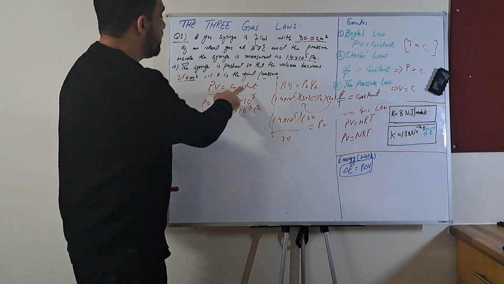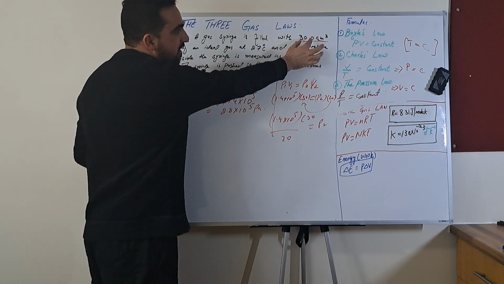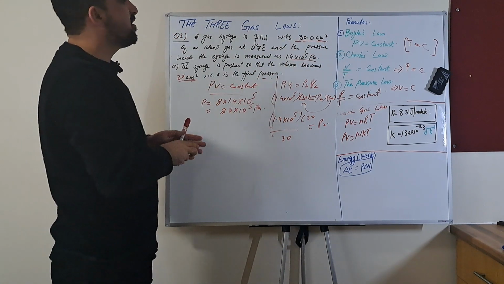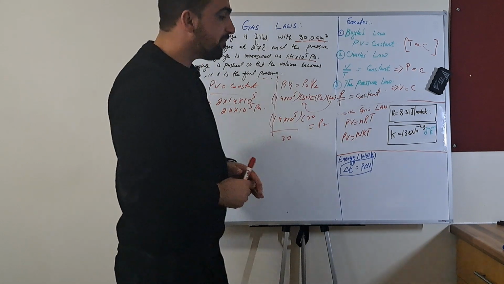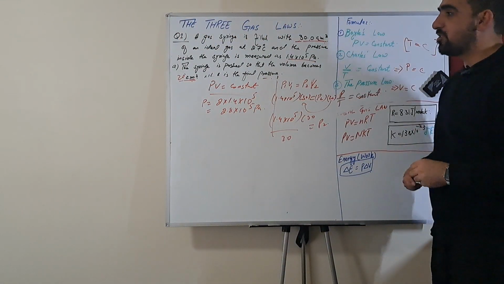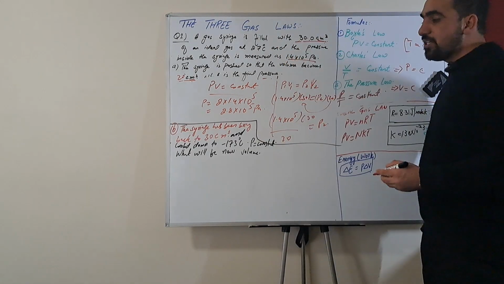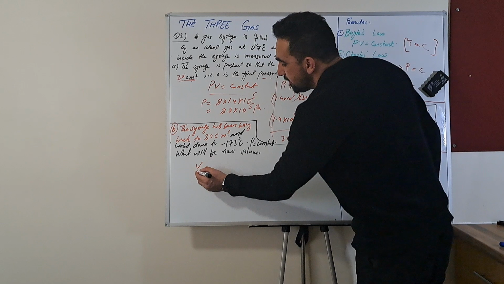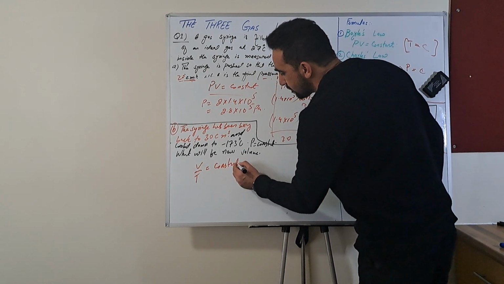Okay, so PV is equal to constant, and we can find the pressure. But for this type where the volume has been reduced by half, you can just directly double the value. Okay, but if it's not, then you can use P1 V1 is equal to P2 V2. Similarly, for the B portion, now we use Charles law. V by T ratio is always constant, that is Charles law.